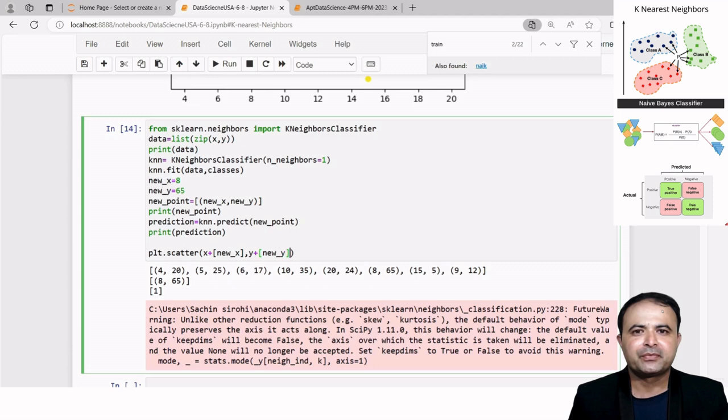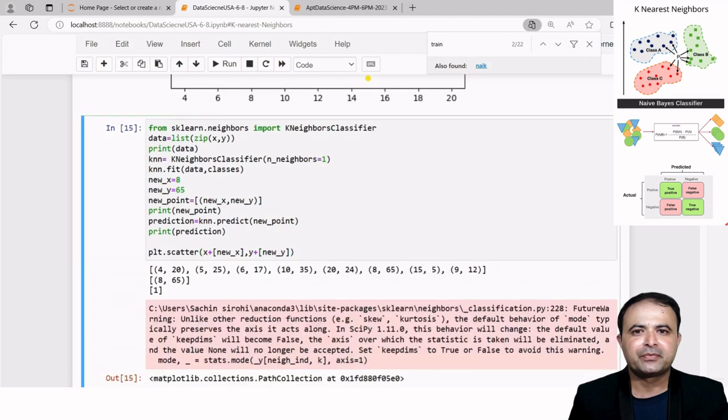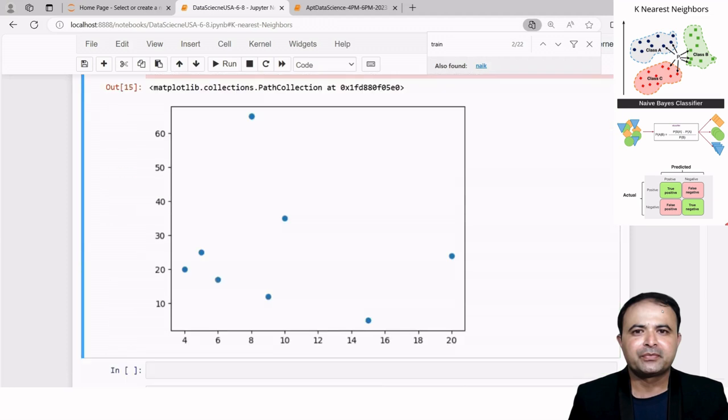Then we can supply the data. So if we want to visualize this data, it will show a chart like this,